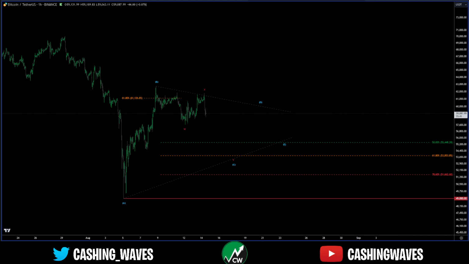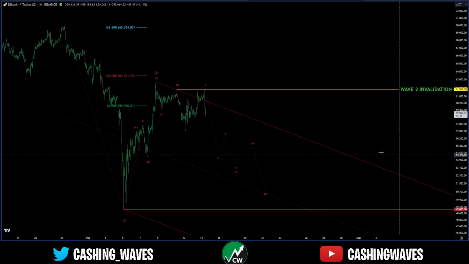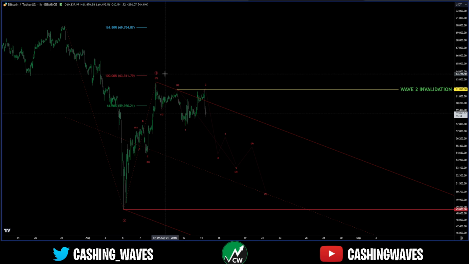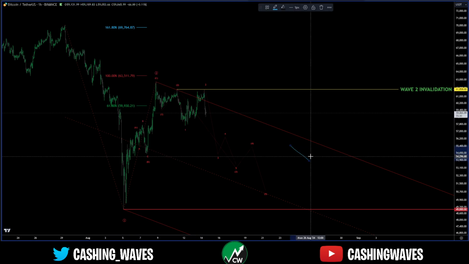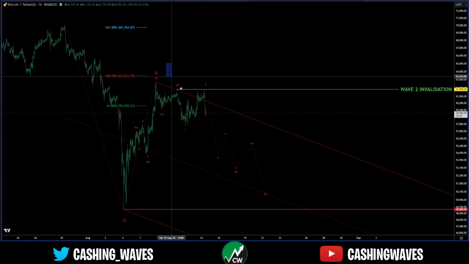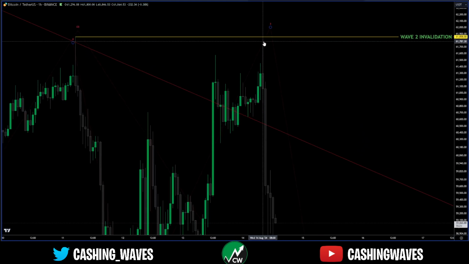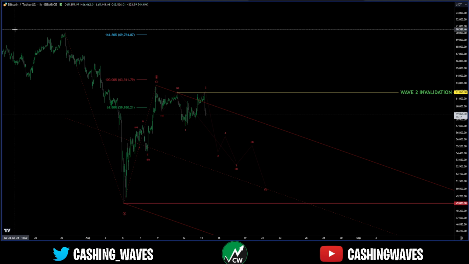Now, we'll talk about the most bearish scenario, which I think is unlikely. This is not my primary, and that is we have a wave 1, 2, and nested 1, 2s after that. So you can see where the issue is with this, and it is that second 1, 2 on the micro. It did not invalidate, but came very close to invalidating. So although not invalid, we have to consider that option,